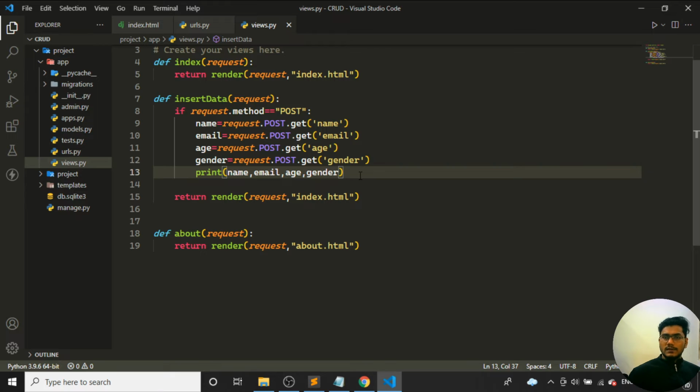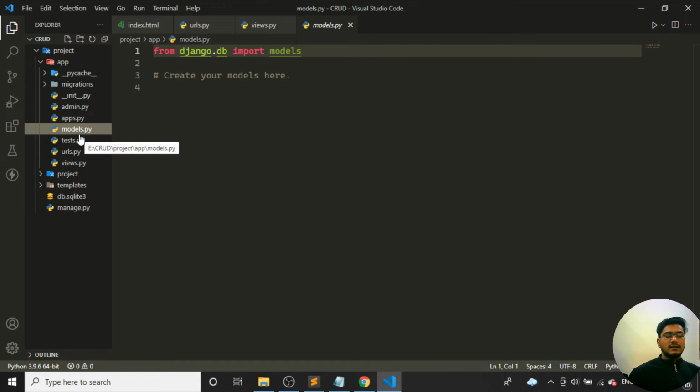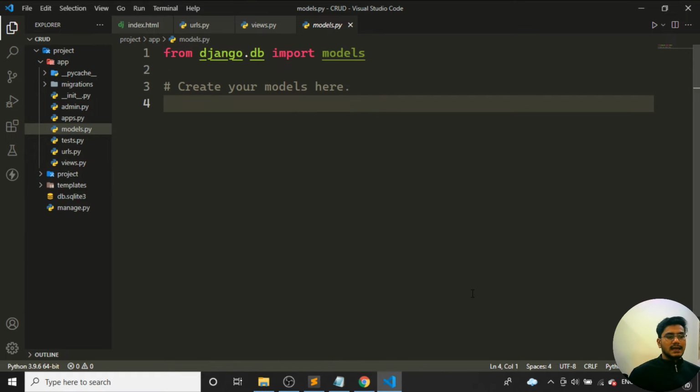Now what you need to do is store this particular data inside your database. That database you will be creating inside the models.py file, which is there inside your application. So here let's create a particular database table. We'll create one database table. To create a table, we need to just tell